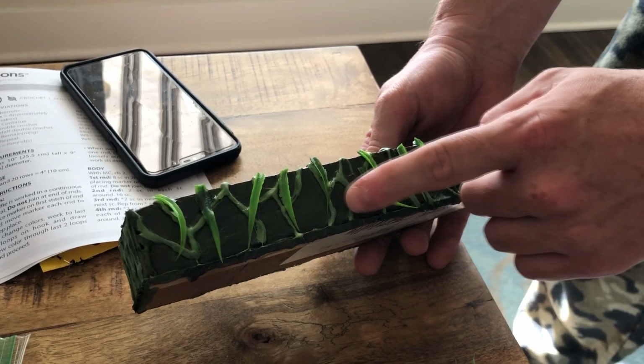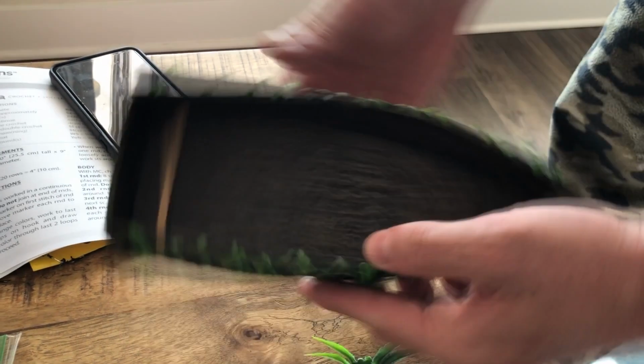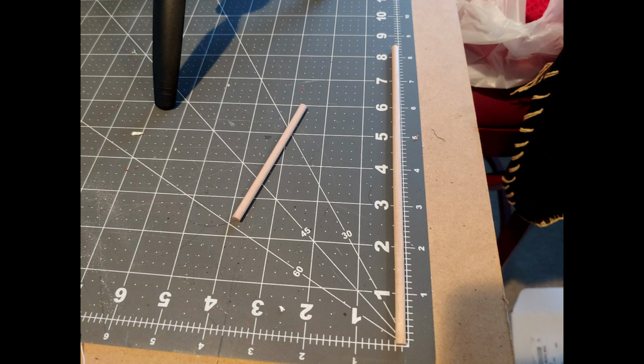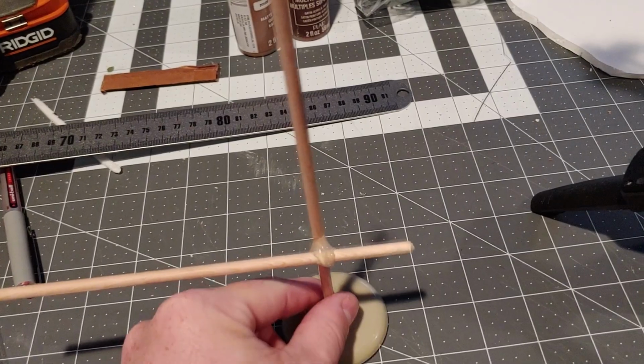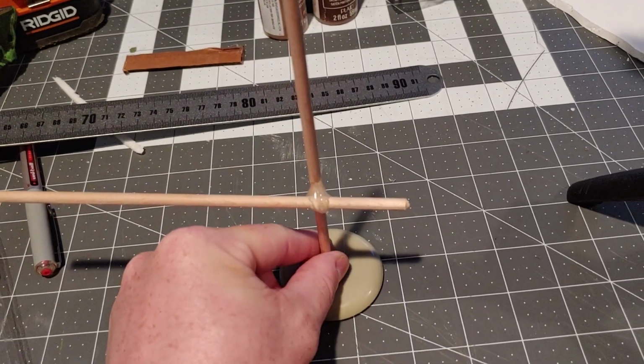To finish off the boat portion, I'm going to apply some leaves, and I'm getting them from this plastic plant. All I'm going to do is use a little bit of E6000, apply it, and allow it to dry. I'm going to cut two of the wooden dowels about 8 inches. Then I'm going to glue them together using a little bit of hot glue. I've also secured it to the furniture mover, and I'll remove the bottom of that and add some pennies